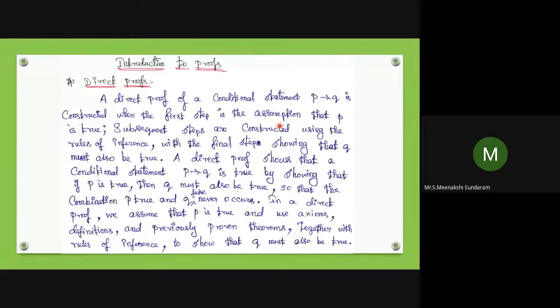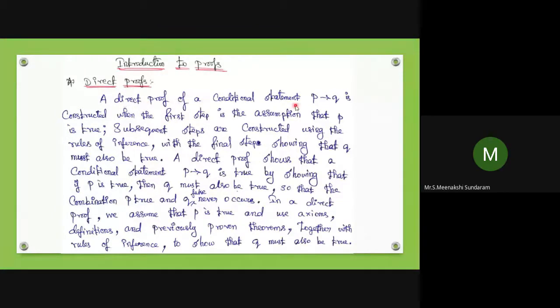So now we are in the last topic of this chapter, unit 1, introduction to proofs. In mathematics, the most important thing is introduction to proofs, the soul of mathematics, we can say. What types of proof are there? Around 10 proofs are there. The first one we are going to see is direct proof. We take the LHS and prove the RHS. That is called the direct proof.